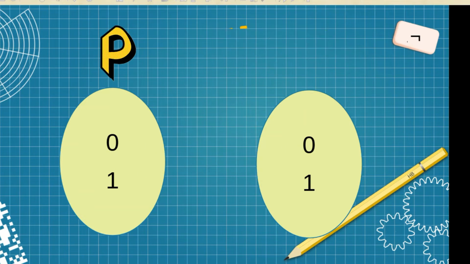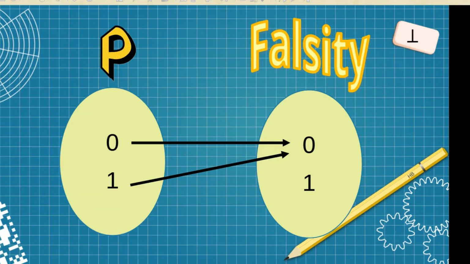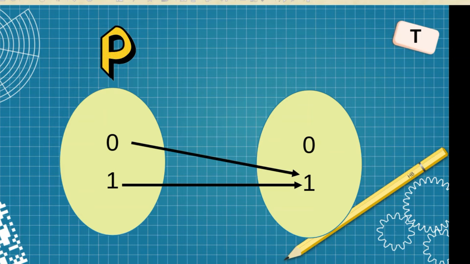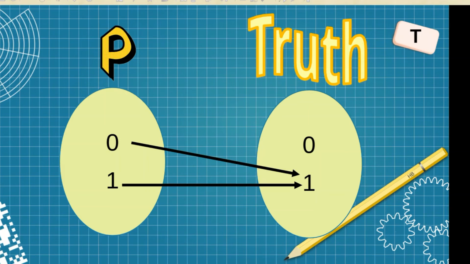Very well. Moving on. The next function does what? It maps 0 to 0. And it maps 1 to 0. Oh, how convenient. That's not much work, really. That's pretty easy. We call it falsity. Could say contradiction. The other one, our last one, again, the symbol gives it away, maps 0 to 1, and it maps 1 to 1. And that, of course, is going to be the truth function. Sometimes also just called a tautology. No matter what you say, it says yes, true. True to whatever.